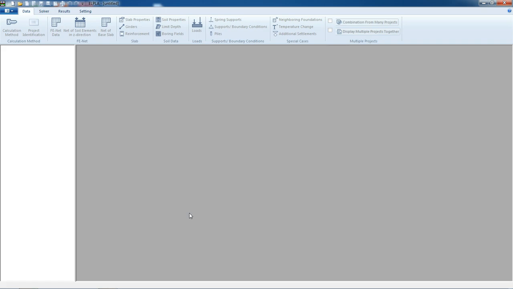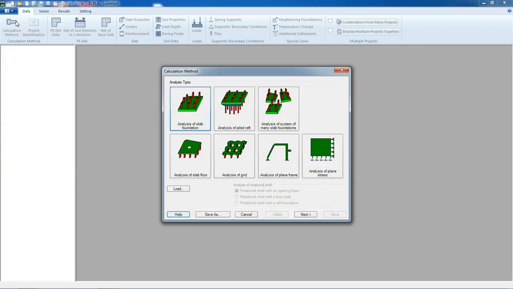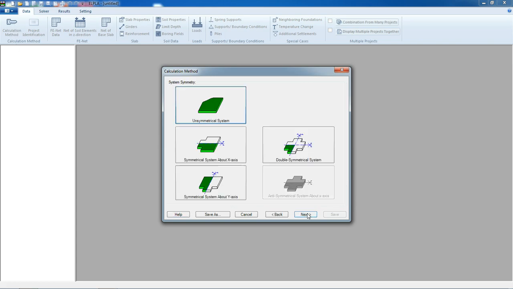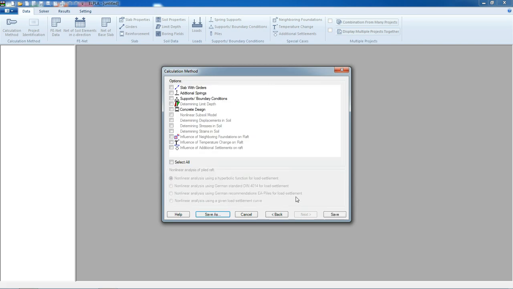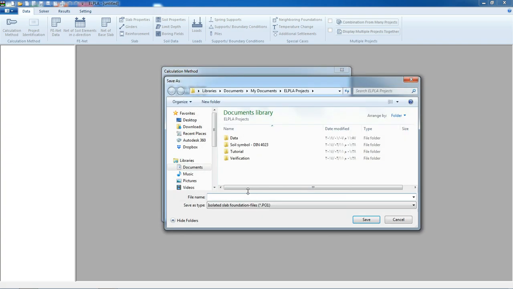After opening the program from the file list, we will select a new project, and then from the calculation method wizard we will select slab floor, then next, and from system of symmetry we will select unsymmetrical system, then next, and from option we will select slab with girders, support, concrete design, then save the project to the destination folder, maybe 4,